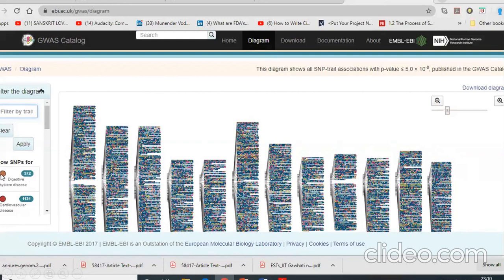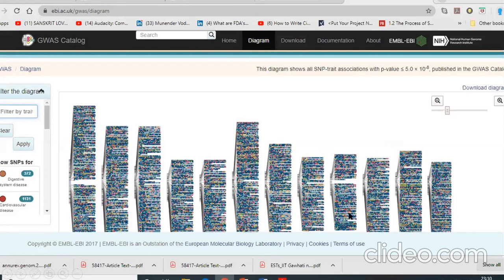You are looking for a dot that is digestive system disease, cardiovascular disease. Compared to digestive, cardiovascular diseases are more prevalent. You look at the dots, it's not only one gene controlling that, a lot of chromosomes will have these dots coming up. Multiple genes, multiple loci, multiple SNP variants on the chromosomes control these two traits.